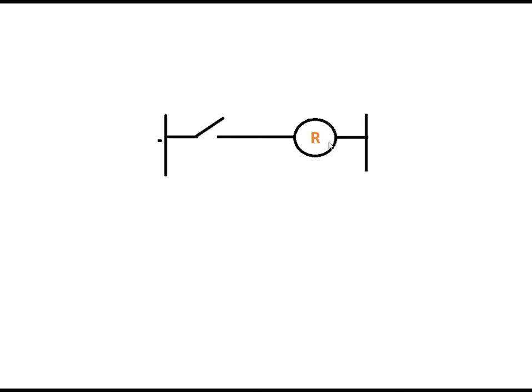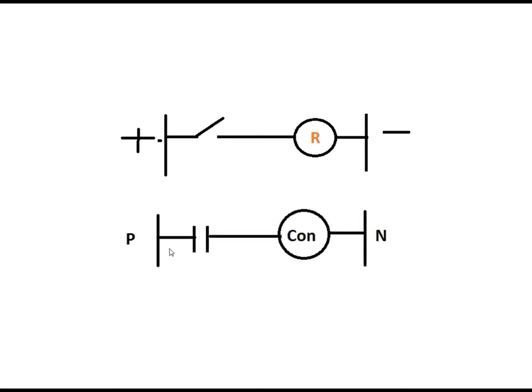If you don't know the working principle of the electromagnetic relay, then you can check my video, it is in the description box. Here I have taken a 24 volts supply from the PLC, positive and negative. I am giving the positive supply to the switch, and after that positive to the relay, and this is your negative. Here it has common and NO, guys. This is relay common, this is relay NO, and from relay NO I am giving to contactor A1, meaning contactor A1 has phase and contactor A2 has neutral. This is DC supply and this is AC supply.